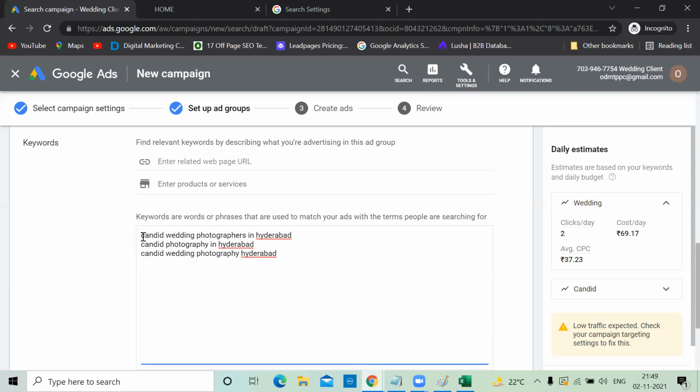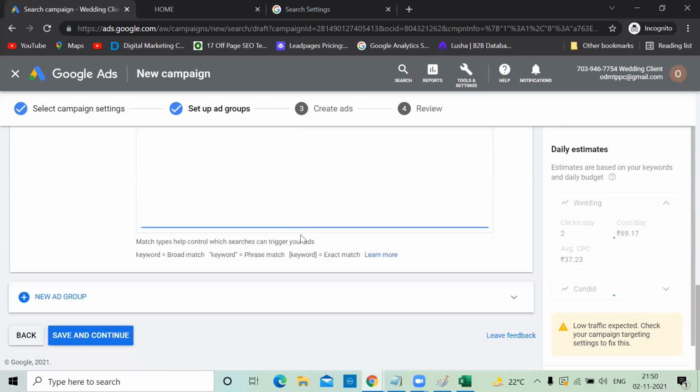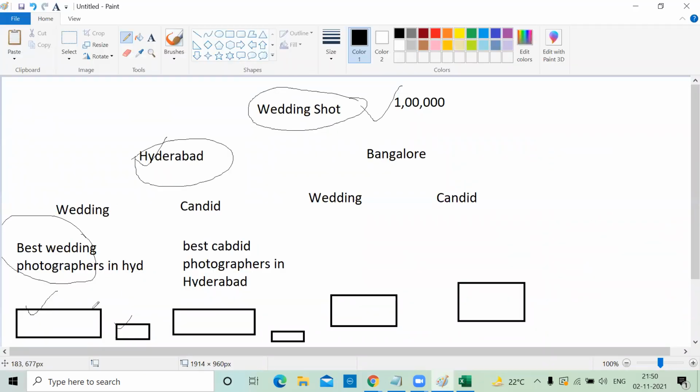Again, I'm making it a phrase match. Right. Done. So I created one campaign, 2 ad groups, and all the keywords are done.